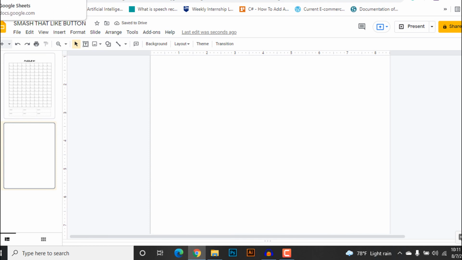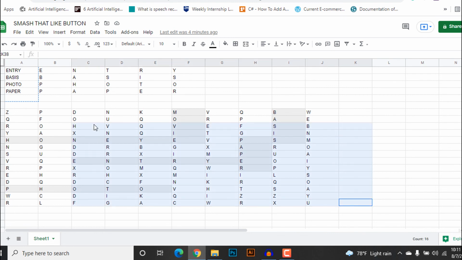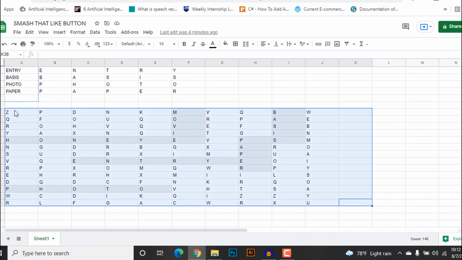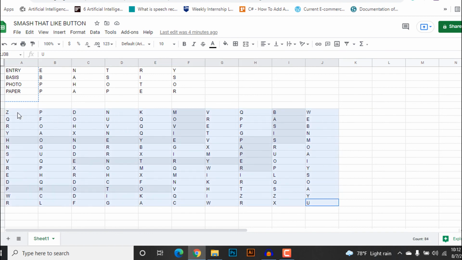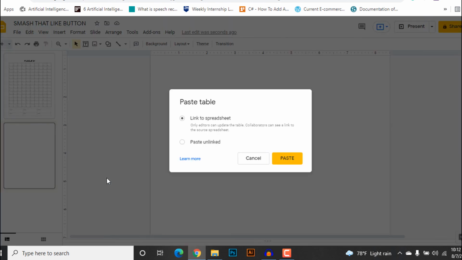So now let's head on to our Google Sheet and let's copy the solution that we have created. Copy the solution and paste it in this new slide here.